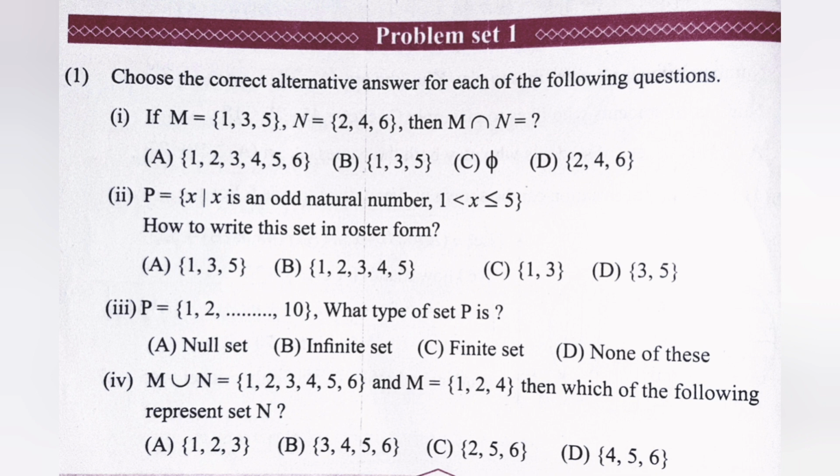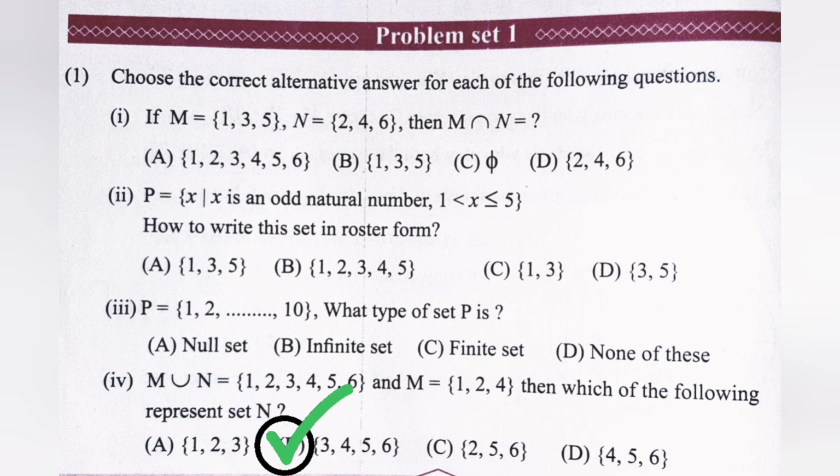So which options are there? First option is 1, 2, 3. No, that is not acceptable. Second option is 3, 4, 5, 6. Here 4 is common, it will do. When we take a union, we don't repeat the common element, but common numbers are allowed. And when we put all the elements of M and N together, if we are taking N as option B, then we will get M union N correct. Because 1, 2, 3, 4, 5, 6, each and every element is present when we put together all the elements of M and option B. So the correct option is B.